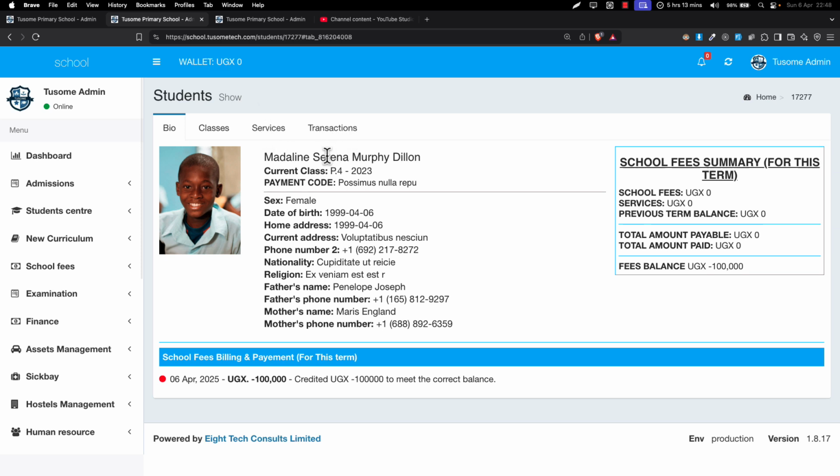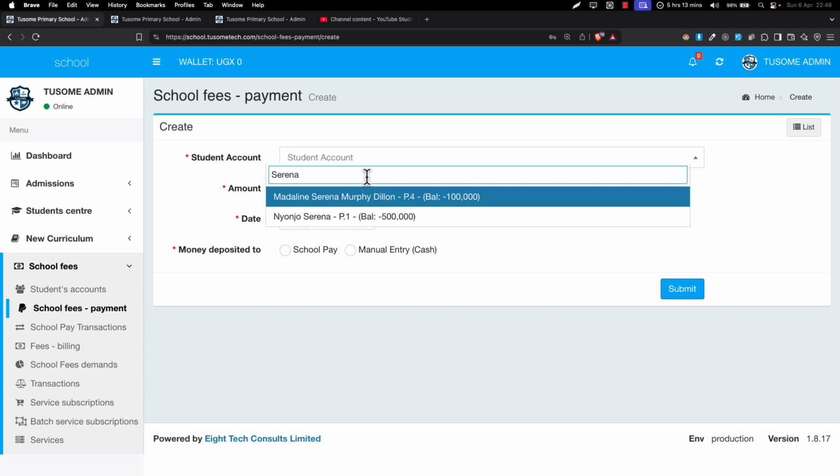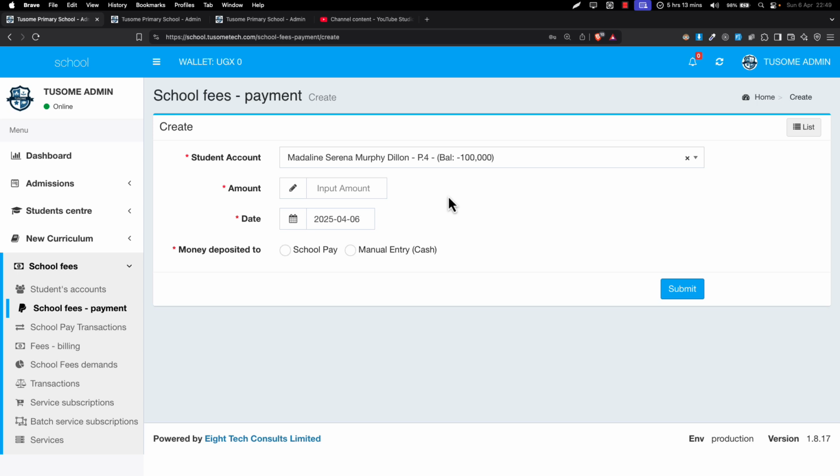So this student is called Serena, all right? I can just come here and put Serena, and then the system will bring the student with even their balance in brackets and the class that they are in. So I can say student of P4 with this particular balance, and then I can go ahead and specify the amount that this student has paid. They say that this student has paid 20,000. So what I'll do here, I'll just put